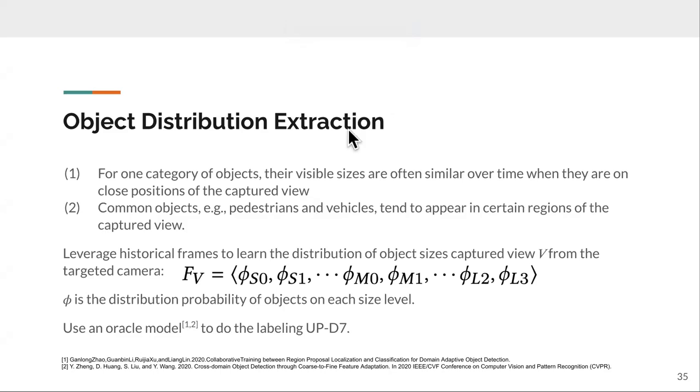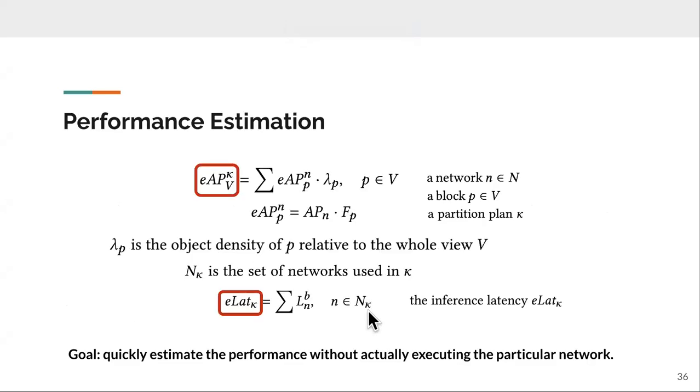So we have F, and psi is the distribution property of objects on each size level. Then we use an Oracle model to do labeling, denoted as F at this level. And then we have the performance estimation, denoted as EAP-TV. So basically, what this tells us is